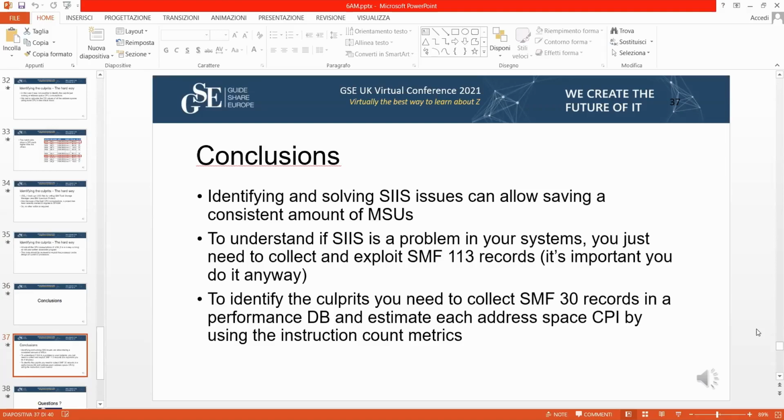To understand if there is a problem, you just need to collect and exploit the record 113 that nowadays everybody should have turned on. It's years now that IBM says, if there is nothing else you do, when you go back and you find you do not have your 113 record of SMF written, the first thing you do is make sure that you write it, because the effort is minimal and the advantages are many.